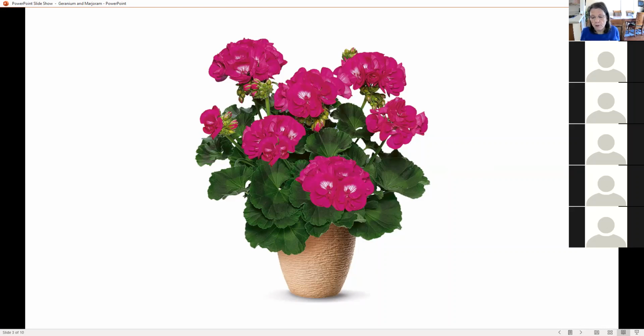It is a fragrant member of the Pelargonium species. It's native to South Africa. Isn't that interesting? I didn't know that geraniums were native to South Africa. And it produces fragrant green leaves and rose-colored flowers that can reach up to 1 meter in height. So a meter is close to 36 inches. A meter and a yard are close. They're not the same, but they're close. So that's pretty tall. I haven't seen geraniums that have been that tall, but it grows best in full sun